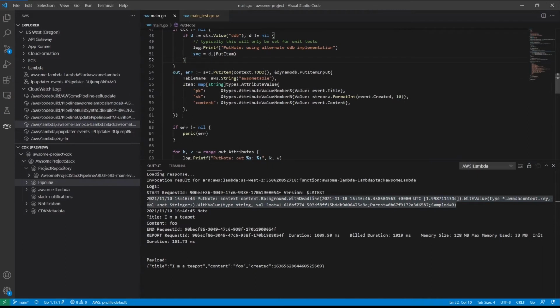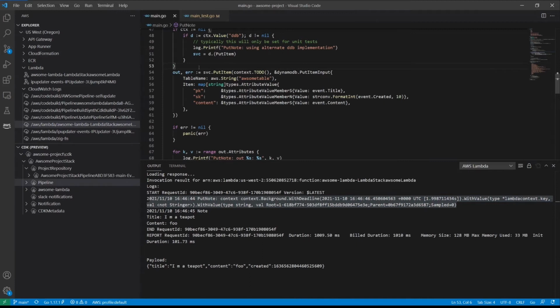And then the meat of this function is really this particular put item call. So this is the DynamoDB service. There's a put item function on DynamoDB that will take in the values that you want to add into DynamoDB. Now, DynamoDB is a key value database where you can set a number of attributes to various values.